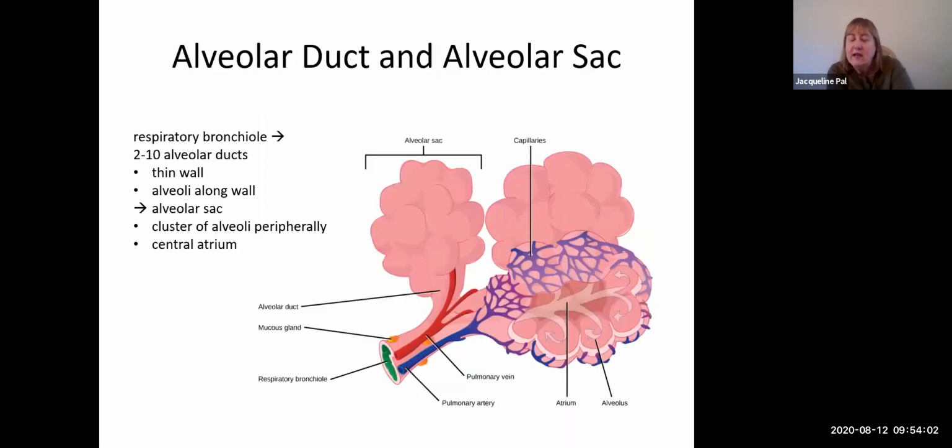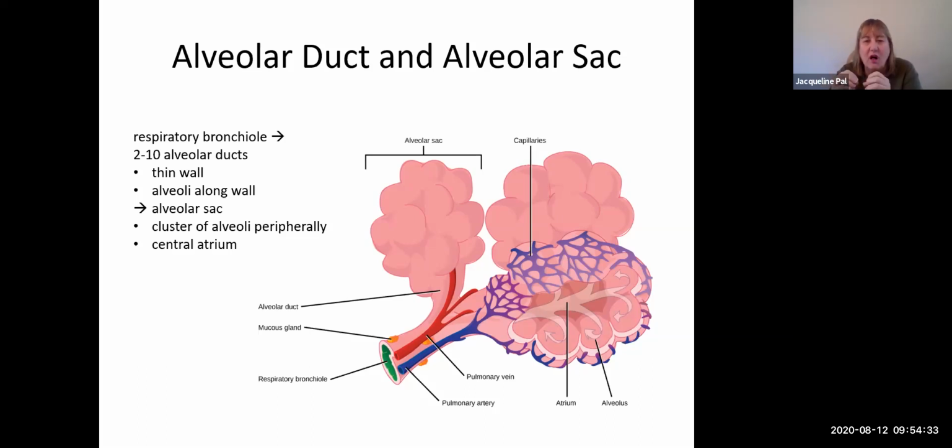Welcome back. In this portion, we are going to learn all kinds of things about that amazing alveolus. So where we left off was we had a respiratory bronchiole, which was leading us to an alveolus. Oh, that wasn't quite accurate. The respiratory bronchiole itself breaks up into about a half a dozen little tiny super short alveolar ducts that have